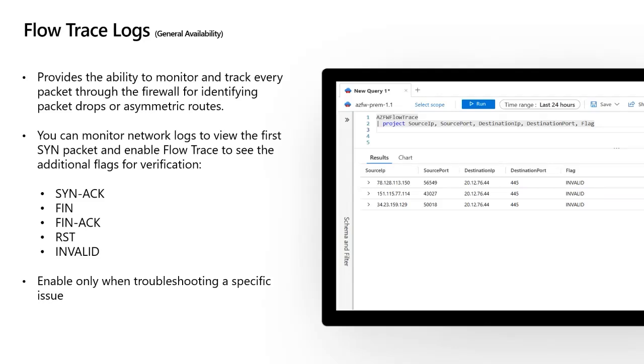So sometimes when we have asymmetric routing, it was a little bit tricky to troubleshoot, because Azure Firewall was not showing any kind of additional flow. Let's say, for example, we would see maybe the first packet going through, but we will not see the subsequent packets because they are not showing on the network or application logs. So with these flow trace logs, we can really